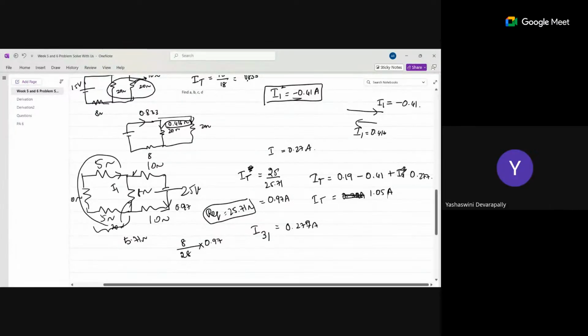Zero point zero, 0.061. Yeah, it's 0.06. Yeah, 0.06. Yeah, we'll go to the derivation,